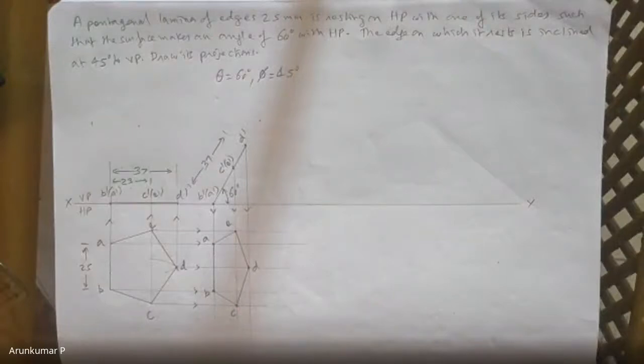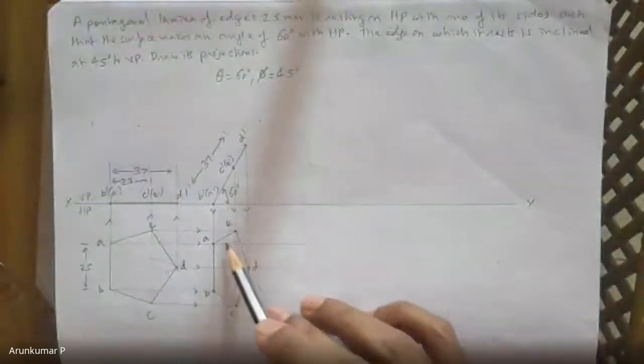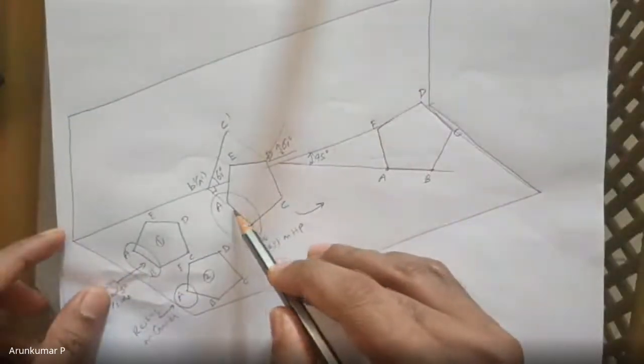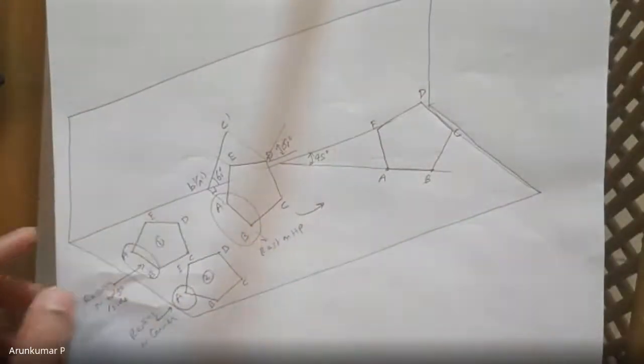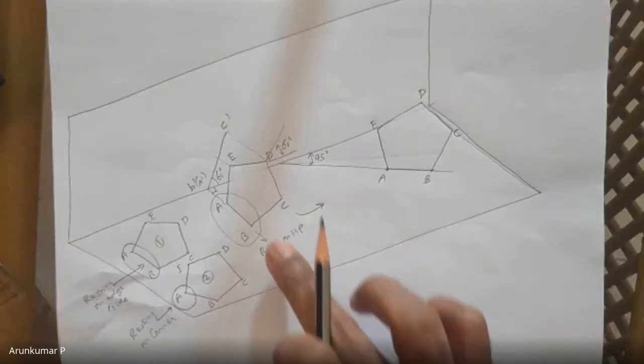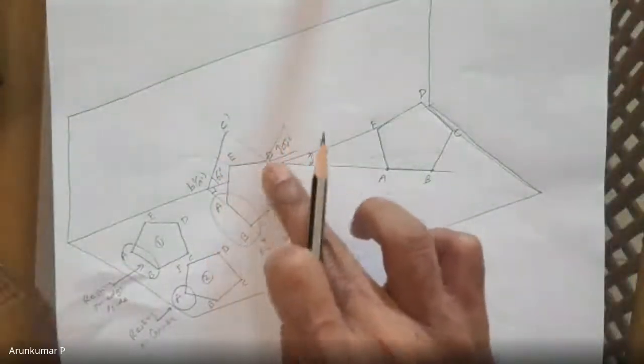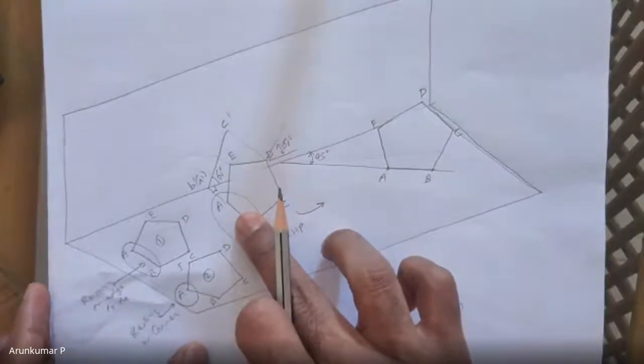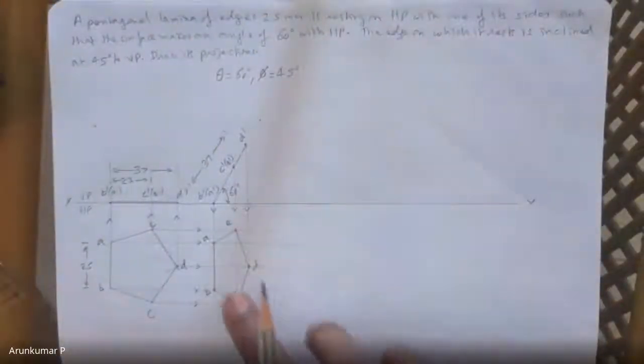You can measure. You tell me out of these five edges, which is still 25 mm in true length. AB, sir. Yes, AB is the only edge. And why is that? Because AB is the only edge which is on HP and parallel to HP. None of these BC, CD, ED, or AE, none of these are parallel to HP. That is why all of them have reduced in length. Only AB remains 25 mm, true length. That is what you are seeing here.